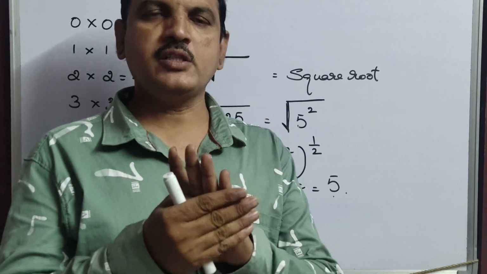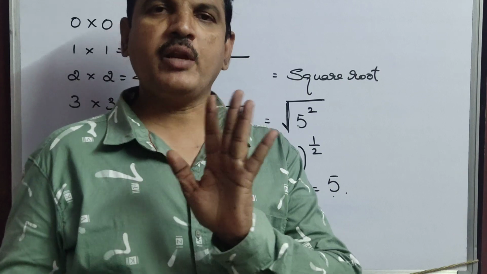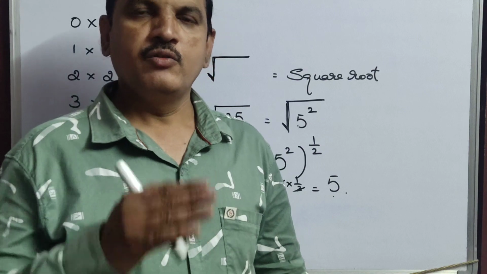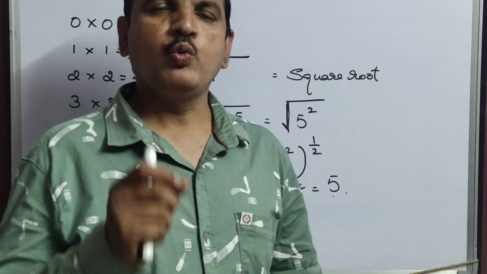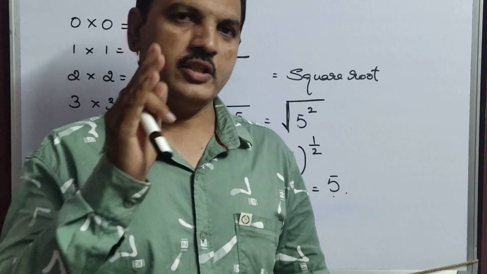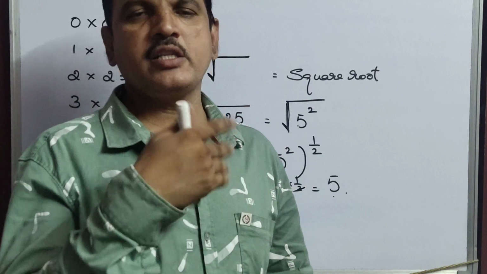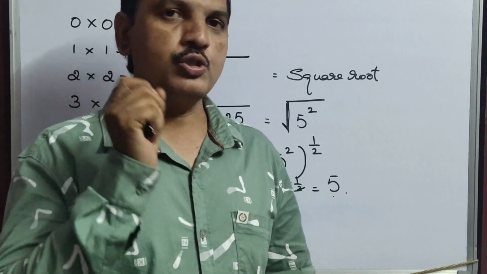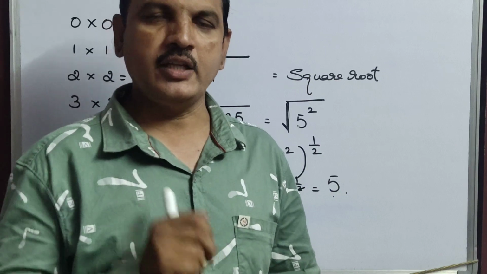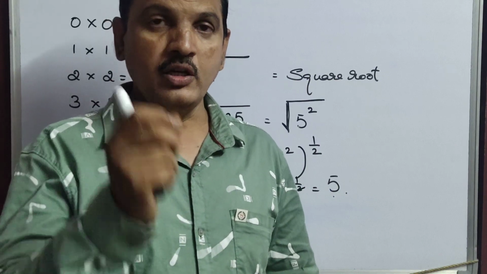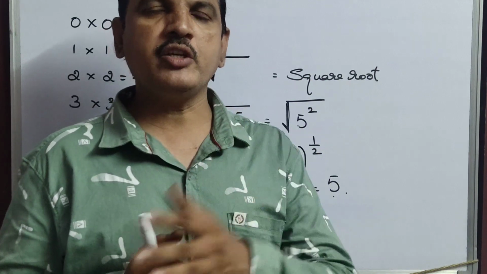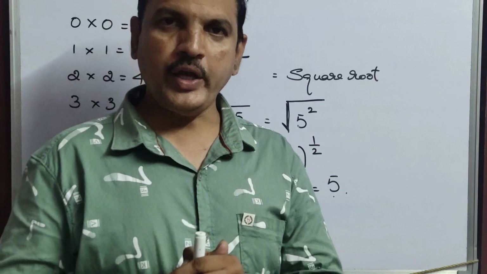From 3 digits onwards, we can apply the same rule. To find the square root for 3 digit numbers, we can apply the same rule, however many digits it may have. But you should know whether it is a perfect square or not. That also we will discuss in the next class. But first, you will learn how to find the square roots. What I am giving now are all perfect squares.